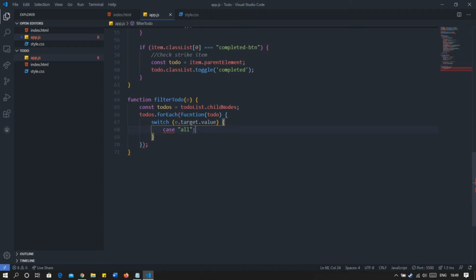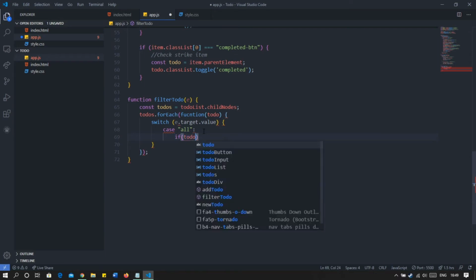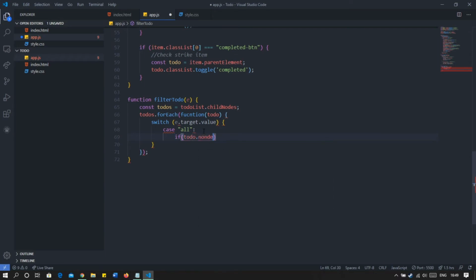So if all is selected, then we will check whether the node name has text or not. So if todo.nodeName, yeah, here we have misspelled function, so we got the error.